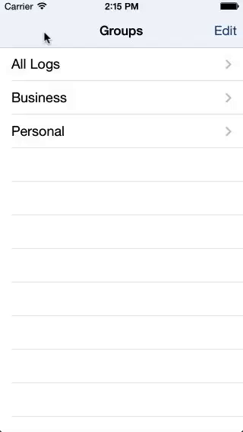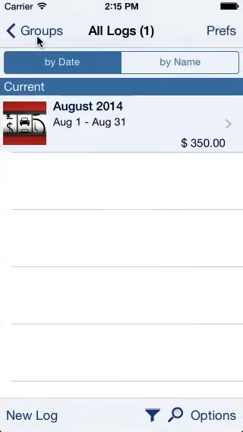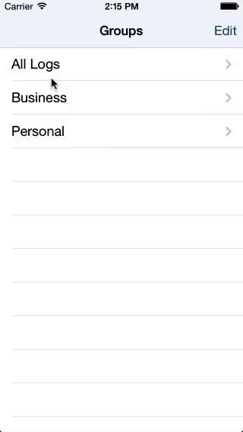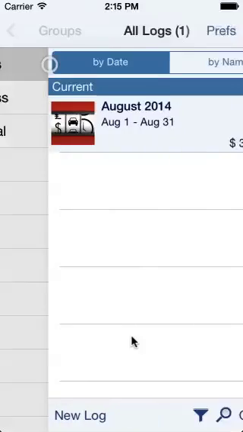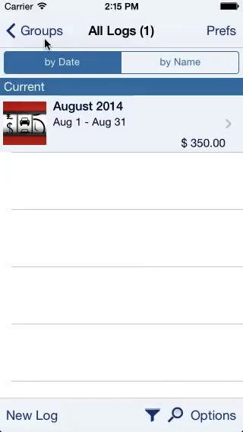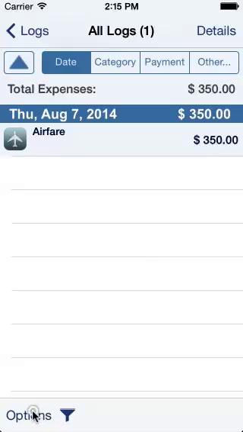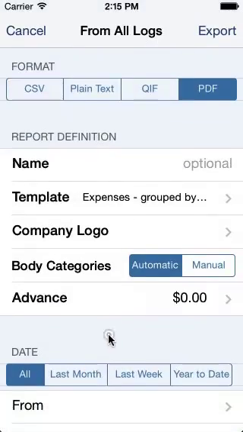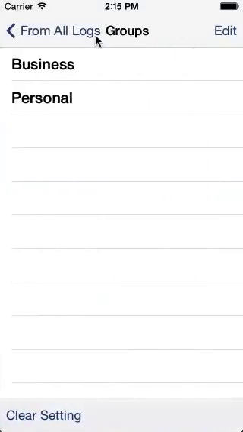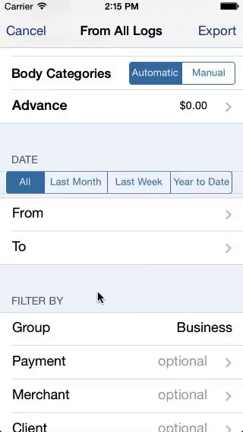But if you create logs in a group and then go options, view entries from all logs, options, export, you can choose a single group. So now in this case it's business, you'll create a report with all the entries from all the logs that are in that group, business,